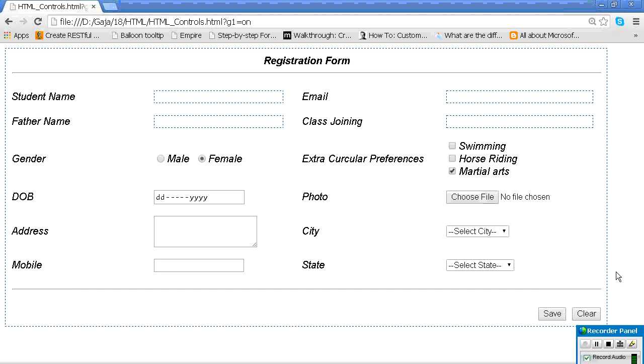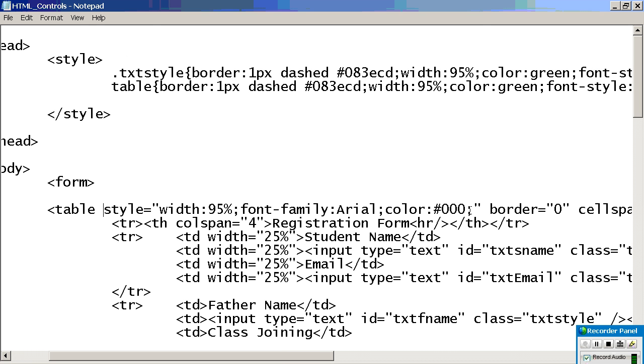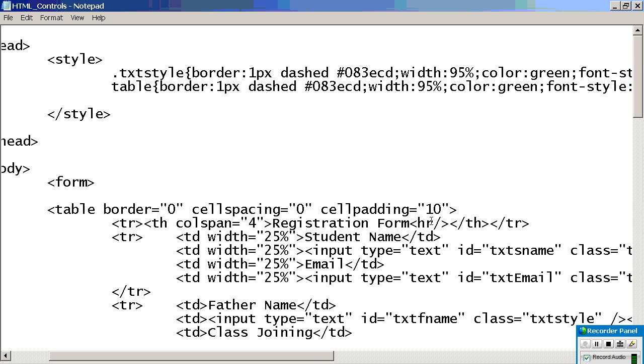The style has affected that one, right? Yes or no? Did I give class equal to something in the table? No, right? But even then the style is affecting it. What is this one?